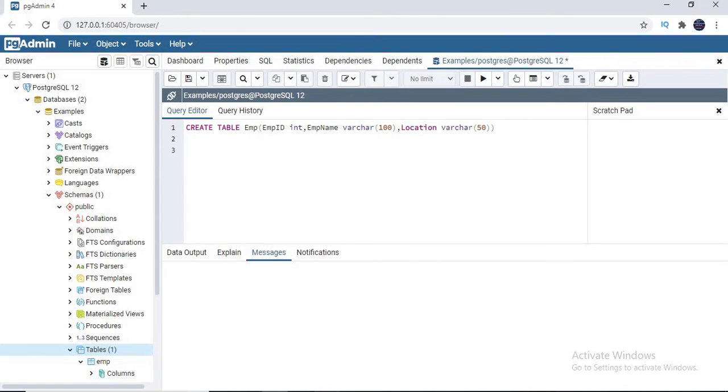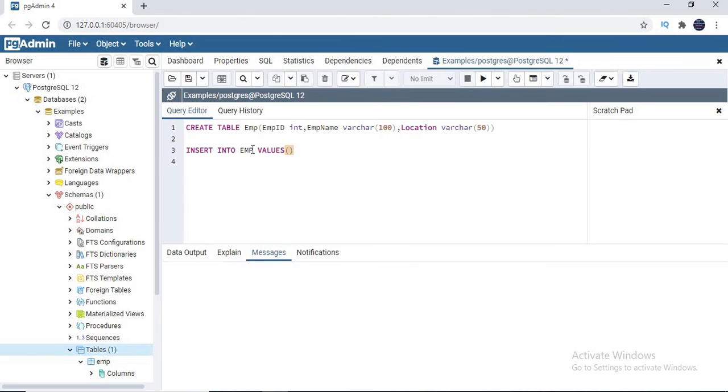The first DML command is insert. Insert is the one which helps us to insert the data into an existing table. In the previous discussion I created a table with the name emp. I am planning to insert the data into that particular table named emp. What is the syntax? The syntax is the same as SQL Server. Insert into the name of the table, emp, values.